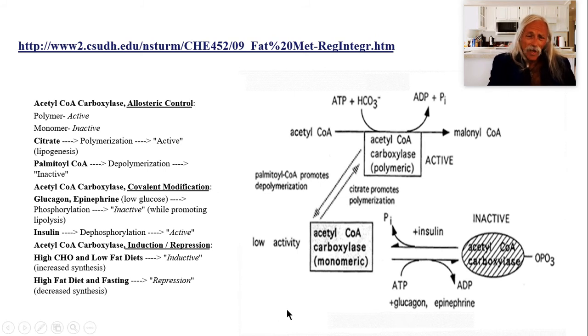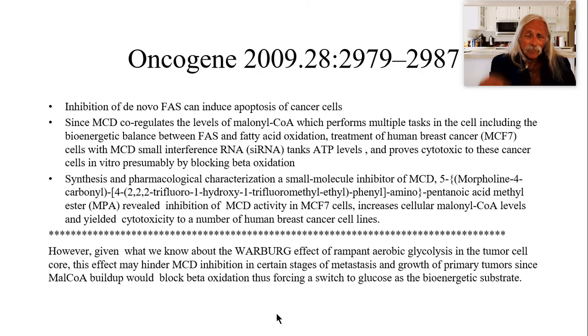Don't worry about this high-fat diet and fasting. We're going to get into that later. But that's basically a repression phenomenon. So you decrease the amount of de novo fatty acids on a high-fat diet. So inhibition of de novo fatty acid synthesis can induce apoptosis of cancer cells. So if you block fatty acid synthesis in cancer cells, you can cause those cancer cells to go through programmed